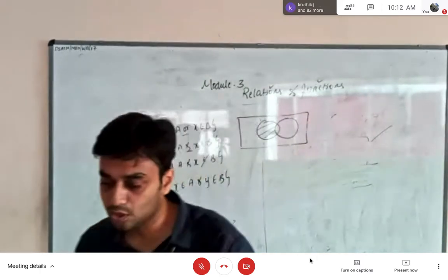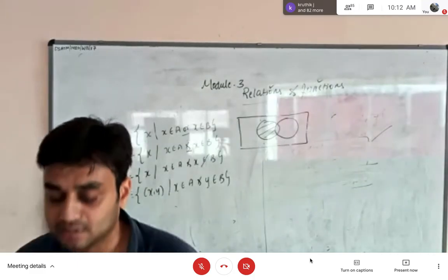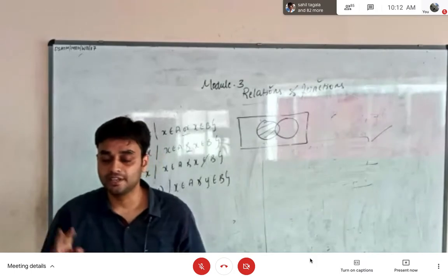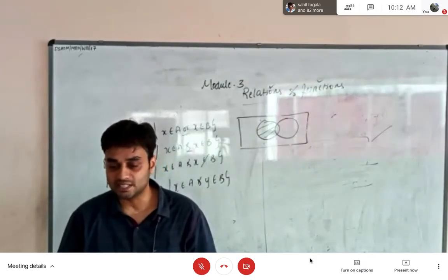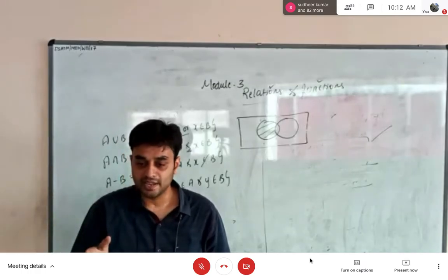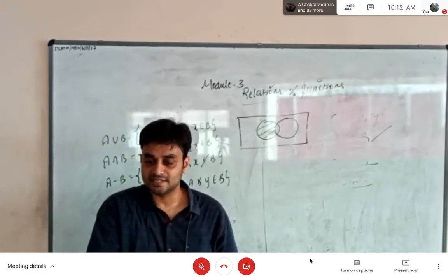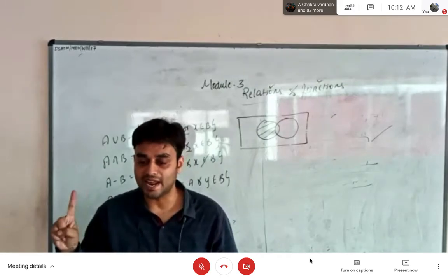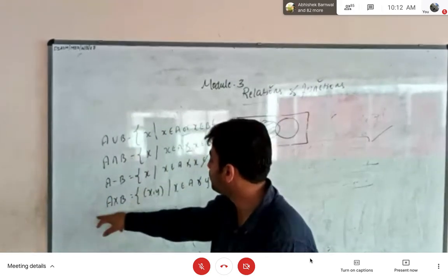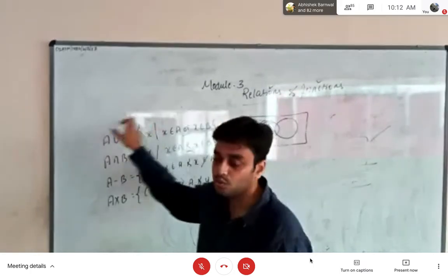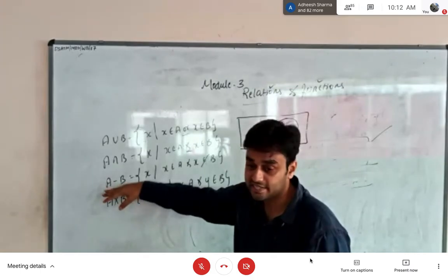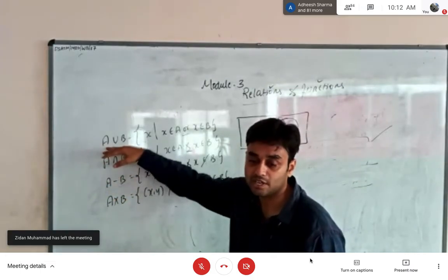Okay. So before I go to the theorems, I'll just summarize everything. Two concepts you have to understand clearly. One is the anti-symmetric rule. What does the anti-symmetric rule tell? The anti-symmetric rule tells that if x is related to y and y is related to x, then x is equal to y. That is the first thing you have to remember. And the second thing is you should know how to write mathematically what is A cross B, what is A minus B, what is A intersection B, and what is A union B.